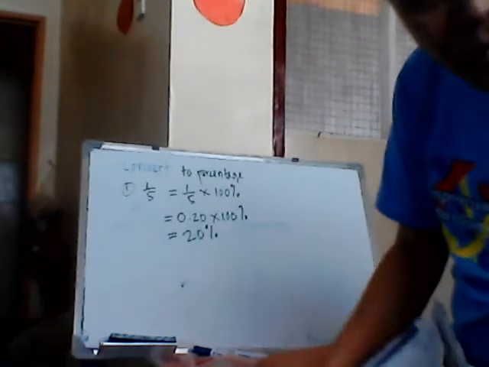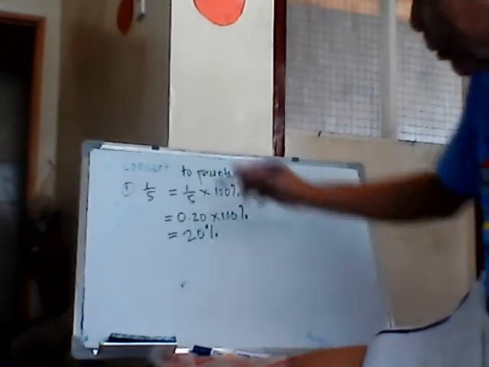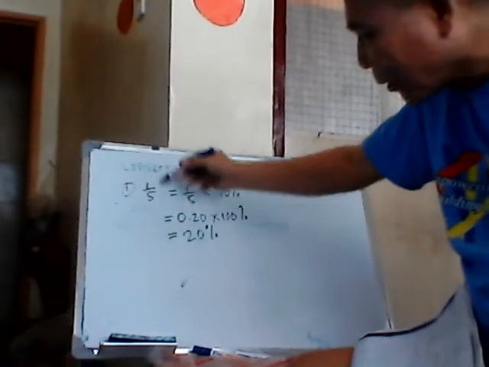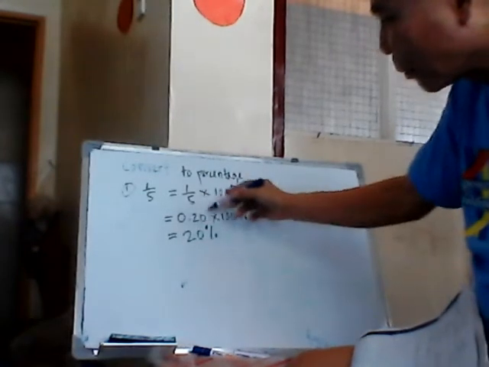So sayon ra, multiply 100, or if a fraction is given like 1/5, convert that one to decimal point times